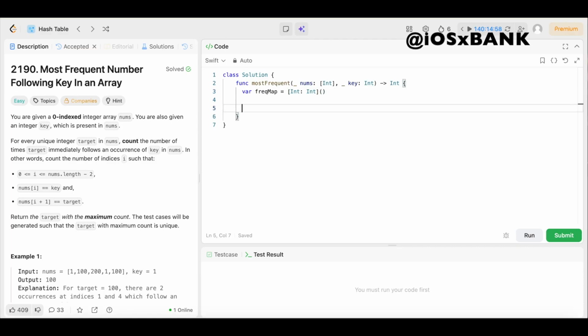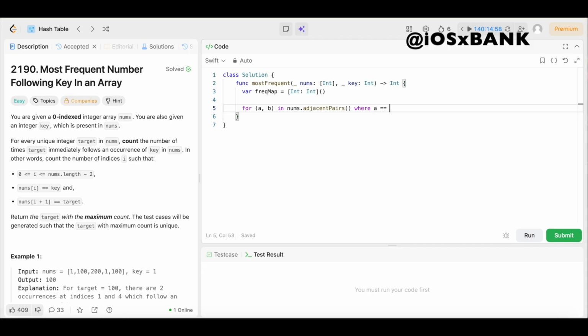Then we're going to iterate through adjacent pairs a and b in the array. So we'll say for (a, b) in nums.adjacentPairs()